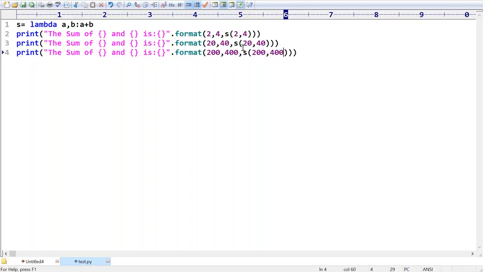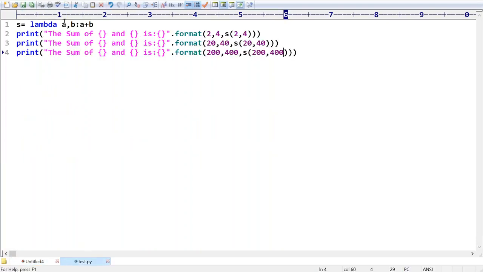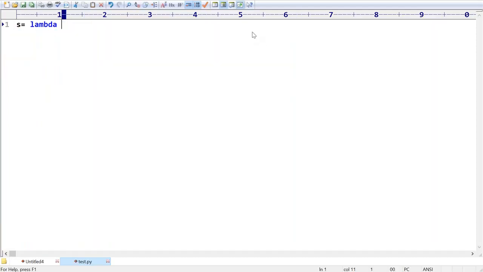Okay. So now my requirement is to write a lambda function to find the biggest of given values. I want to give two values, and I want to return which is the bigger value. What is the way, sir? s is equal to lambda a comma b. What code do I have to return? I have to return a if a greater than b, else b. Are you getting? a if a greater than b, else b.